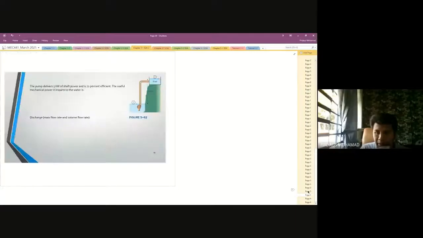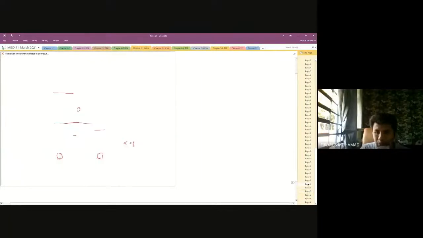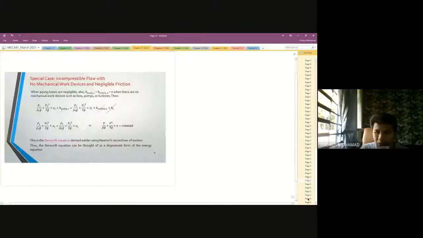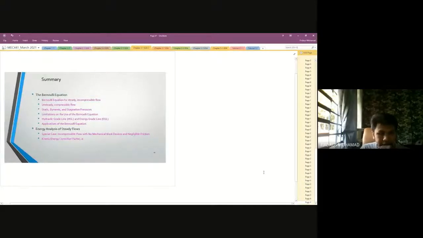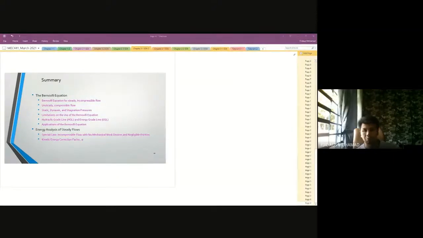Okay, so maknanya kita dah tamat untuk control volume analysis. Kita for the control volume ambil volume as our analysis. Okay, so kita dah settle untuk conservation of mass, conservation of energy and also conservation of momentum. Okay, so basically